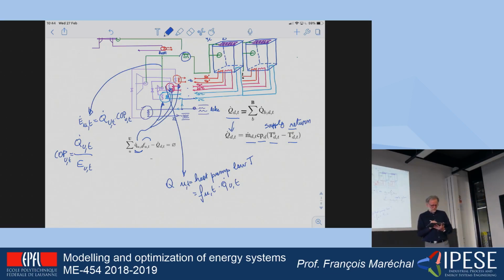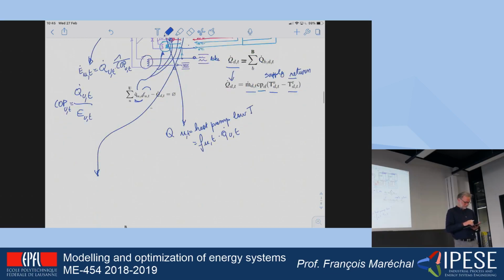It's the reverse, it is divided by the COP. Okay? So now I will be able to calculate the amount of electricity that is needed by the unit U at time T, and of course I will have here a balance,